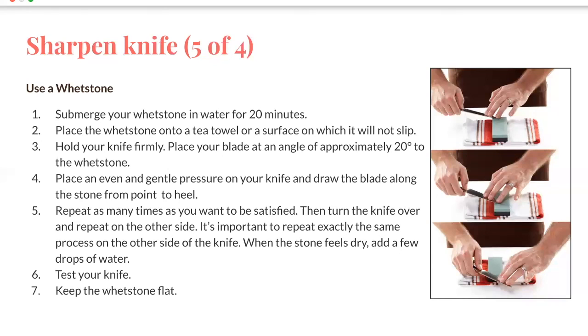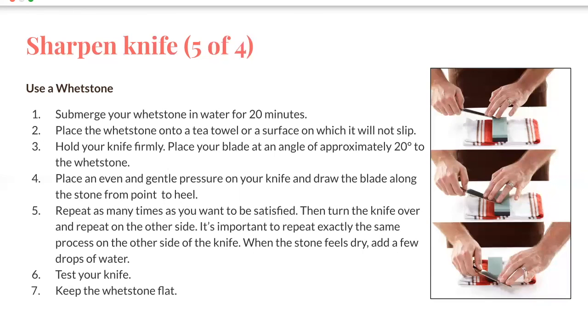Place even and gentle pressure on your knife and draw the blade along the stone from the front point to the heel. Repeat as many times as you want until you are satisfied, then turn the knife over